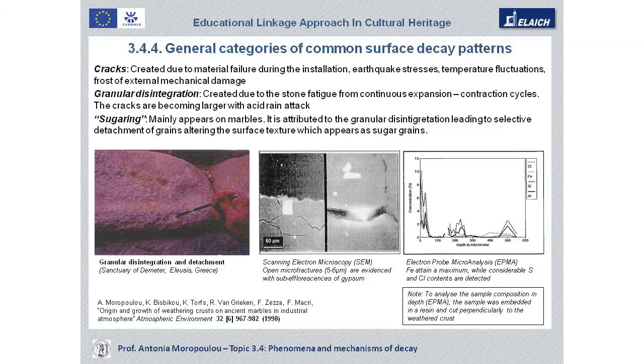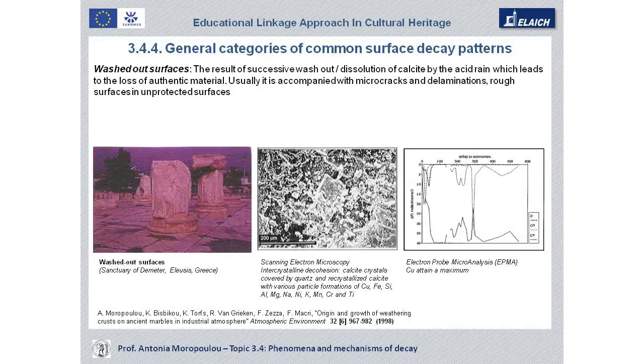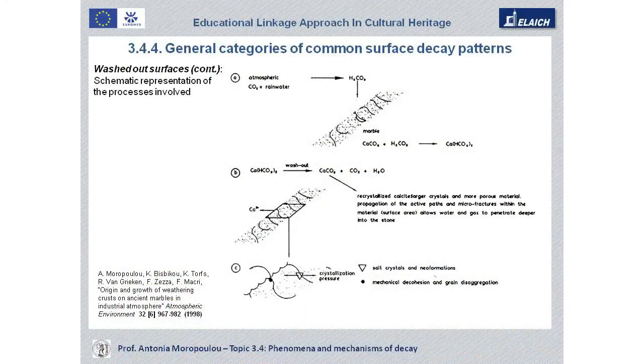Regarding the surfaces that are oriented to the rain attack, washed out phenomena are occurring, as we might see in the sanctuary of Eleusis as well, and which are observed as intercrystalline decohesion in the scanning electron microscopy, where the crystals of calcite are covered by various particle formations, as confirmed chemically by the electron probe microanalysis. This phenomenon of washing out is occurring mainly to the direction that the rainwater is washing the marble surfaces, attacking, dissolving with the presence of the acid rain, the marble surface,